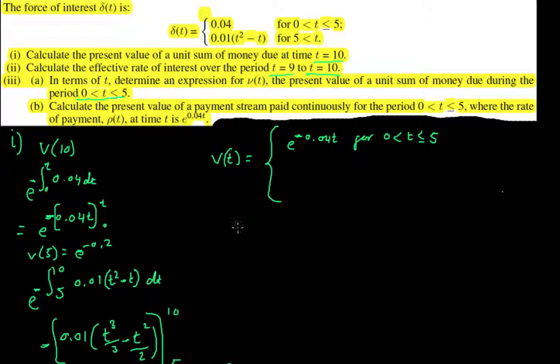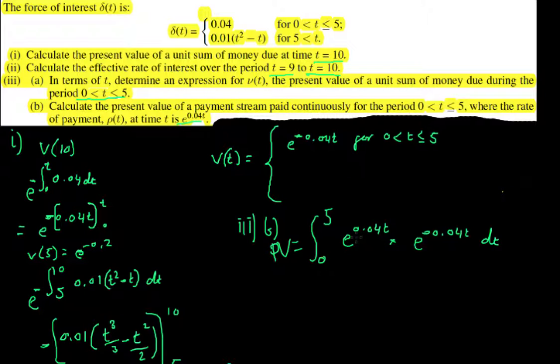And then I'll just do part 3b over here, and that says calculate the present value of payment stream paid continuously for the period 0 to 5, where the rate of payment rho t at time t is equal to that. Okay, so we have the integral between 0 and 5, and this is the present value of payments. So rho t is going to be e to the 0.04 t multiplied by v of t, and v of t between that period 0 to 5 is e to the negative 0.04 t, and dt